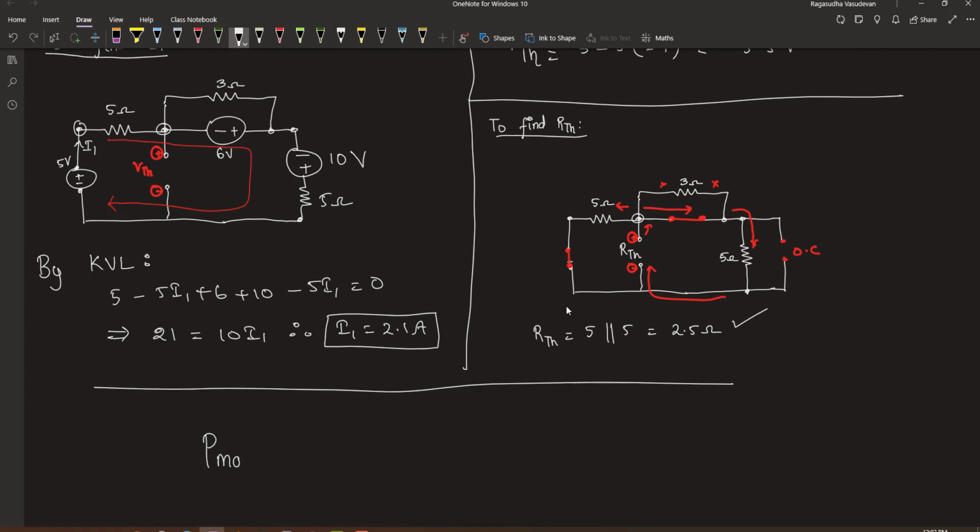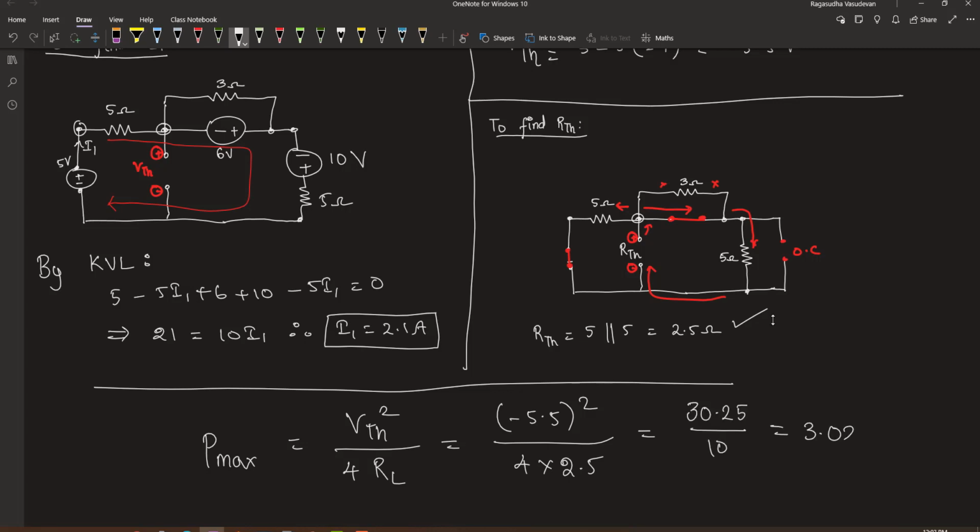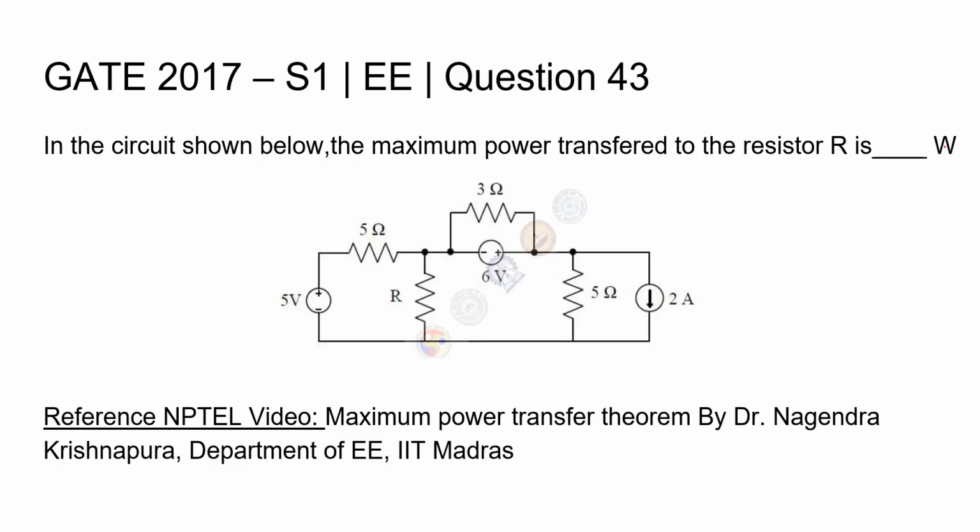Therefore, the maximum power transferred is equal to VTH squared divided by 4 times RL, which is equal to minus 5.5 squared divided by 4 into 2.5. This is equal to 3.025 watt. So the answer is